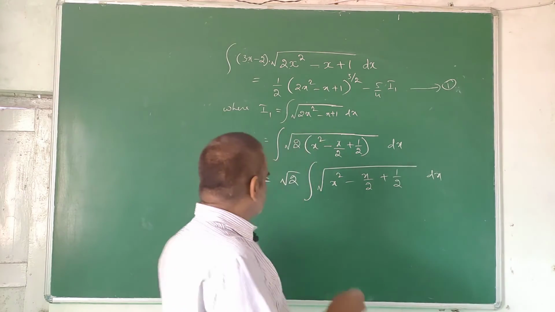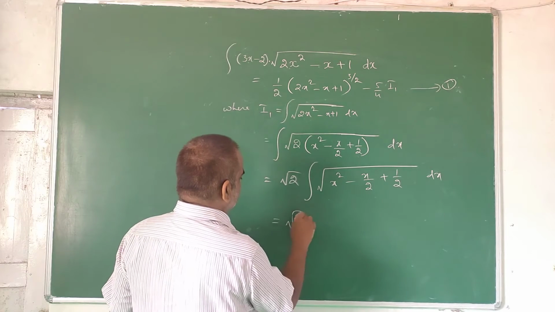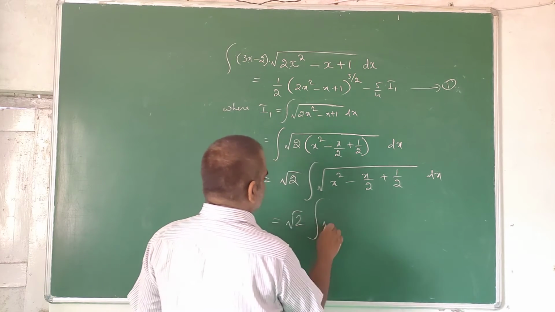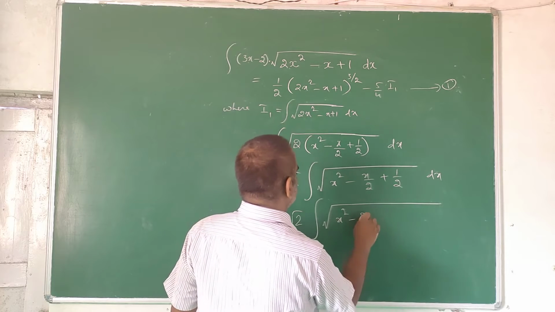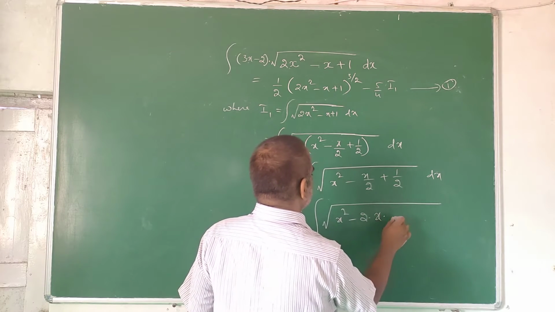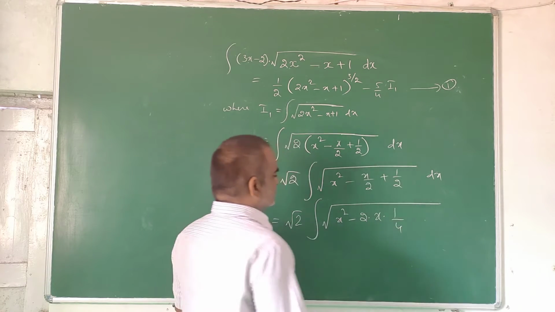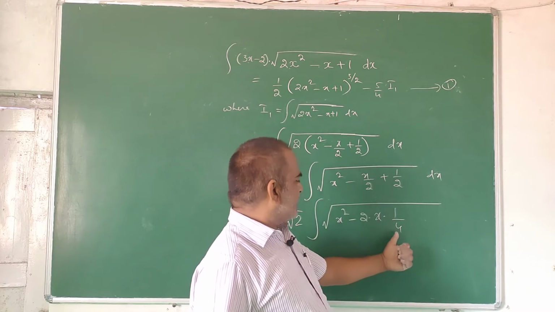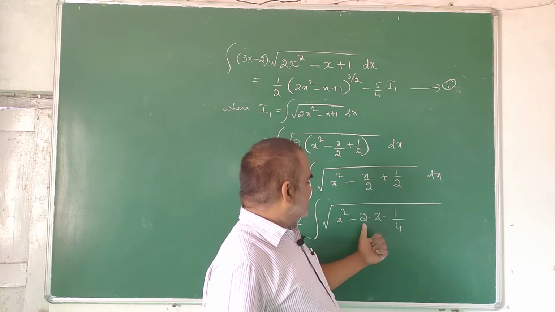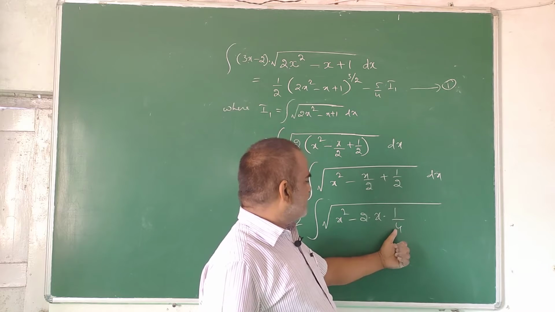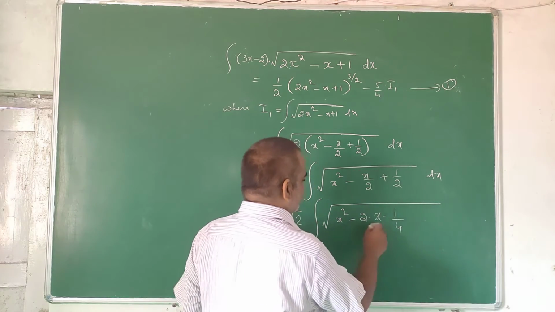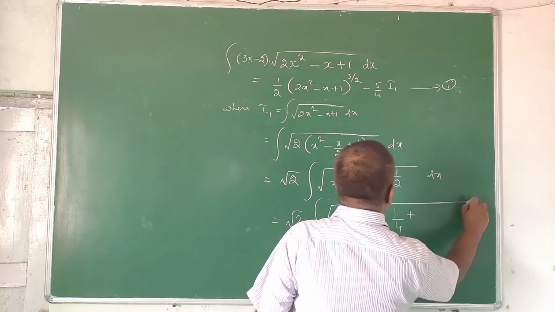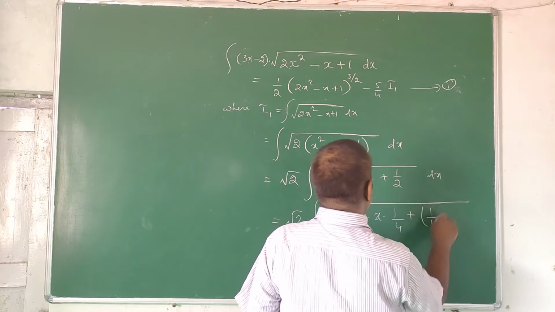So this is equal to root 2 integral root over a square minus 2 into a into b. You multiplied by 2, so you have to divide by 2. So here 2 into 2 becomes 4. Finally if you multiply you get x by 2 only. So a square minus 2ab plus b square. So here you should get 1 by 4 whole square